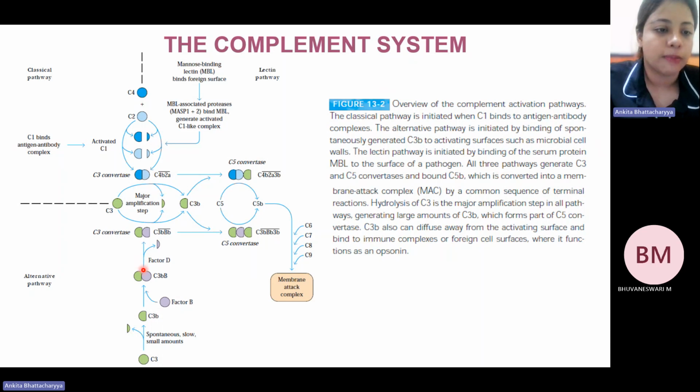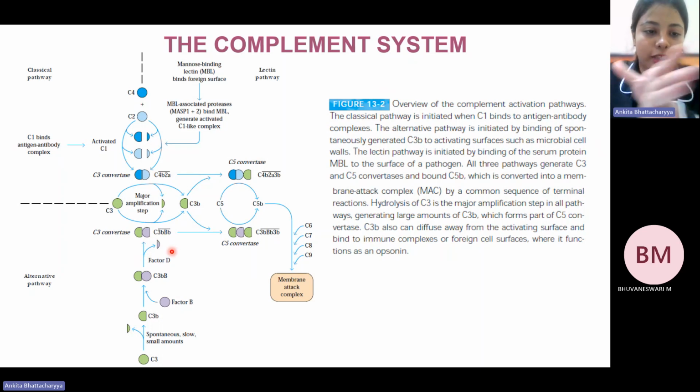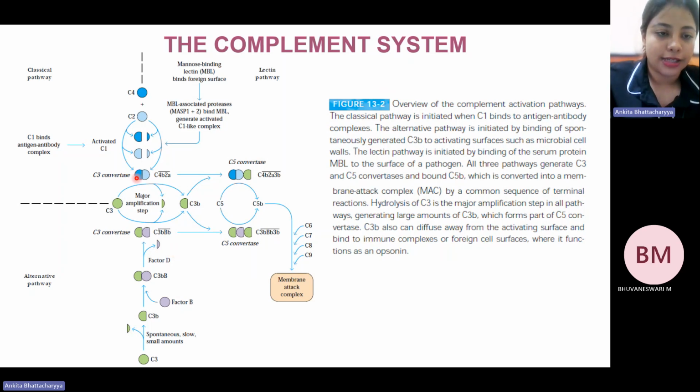We'll come to this later, which eventually helps in the formation of the complex, which is C3bBB. This is the compound which is formed as a result of all three types of cleavage, resulting in the formation of C3 convertase. Now, as we previously indicated, this is the major amplification step. And the final molecule generated as a result of it is the C3b molecule, which you can consider to be the rate limiting step or the key driving step of this